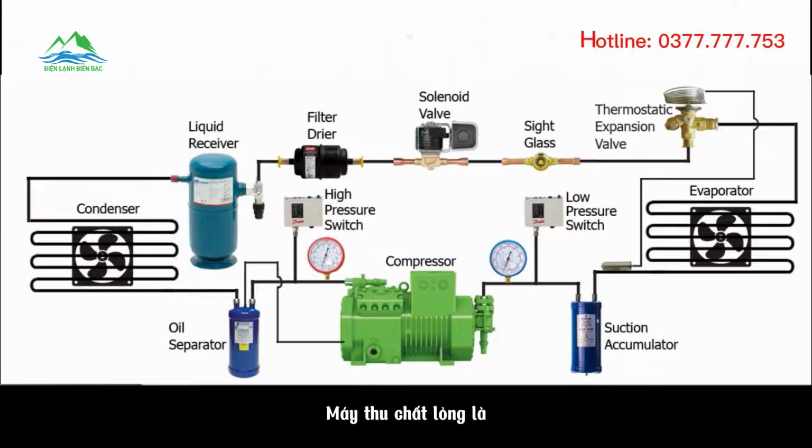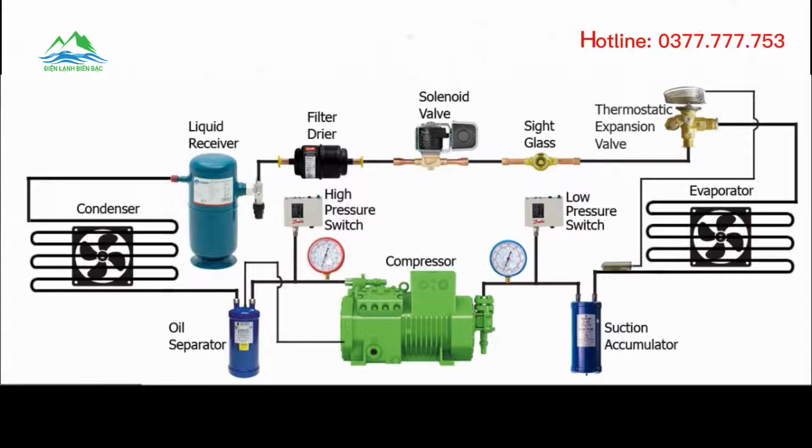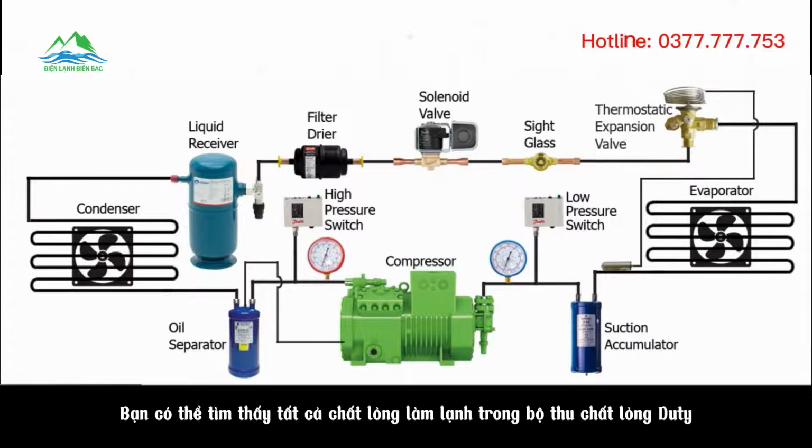After passing through the condenser coil, the high pressure, high temperature refrigerant vapor changes to high pressure, medium temperature refrigerant liquid. The liquid receiver is used as a storage tank for excess refrigerant liquid. If you close the valve in the liquid receiver while the refrigeration system is running, all the refrigerant liquid is collected into the liquid receiver. So, you can pump all the refrigerant liquid into the liquid receiver.